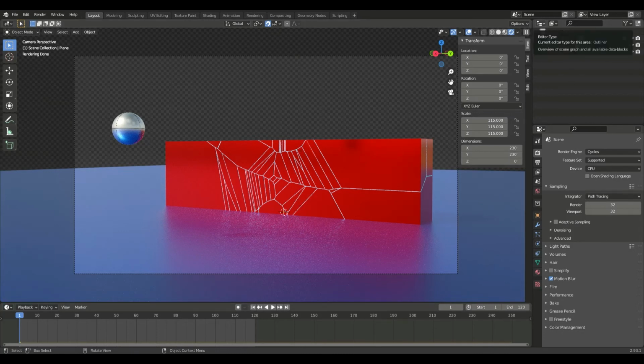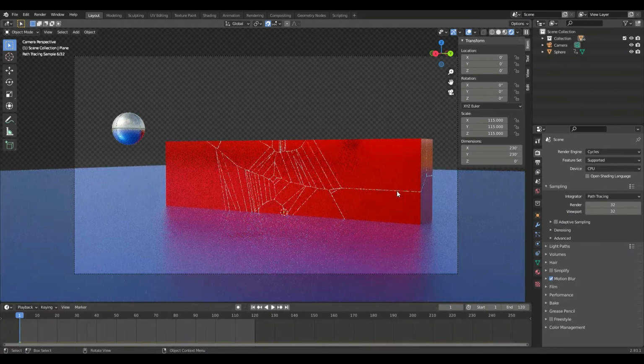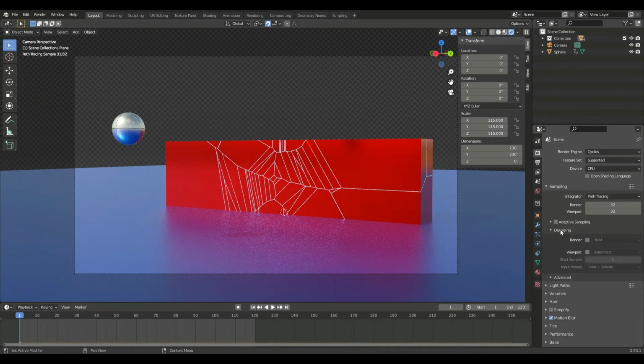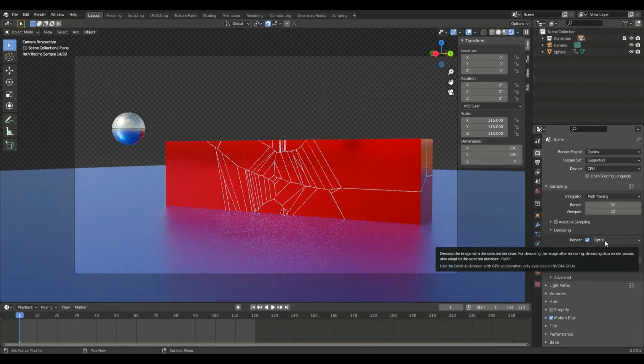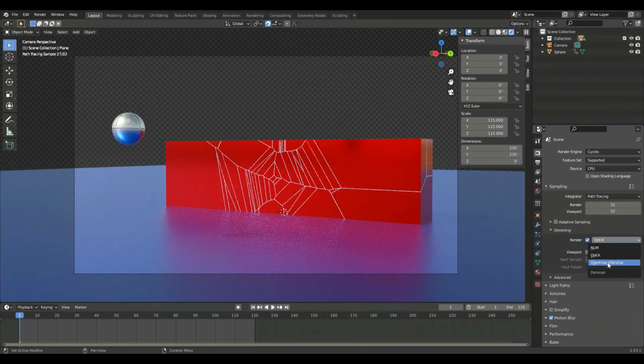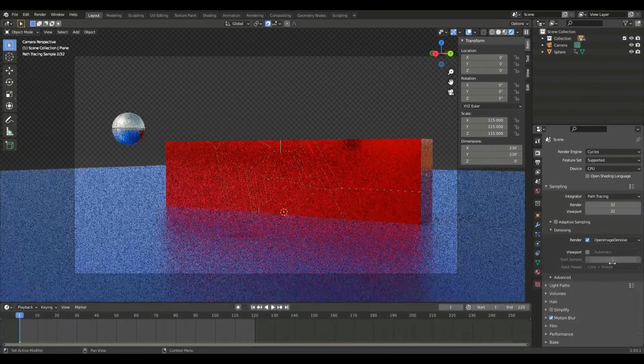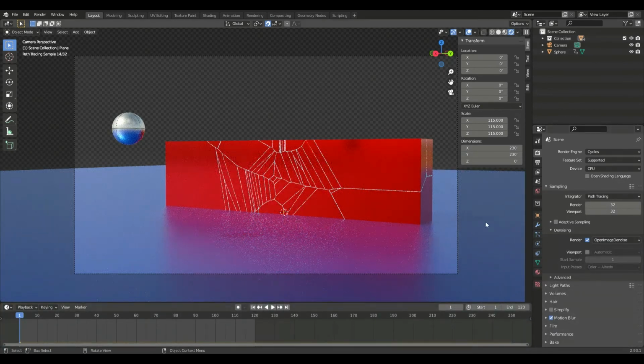So if you don't have a good computer, or you're on a time crunch, there are actually two ways to make it look good for faster Cycles renders. Go down to denoising and check this render. If you have an NVIDIA GPU, you can choose the OptiX one. But personally, I don't yet, so if you don't have that, you need to choose Open Image Denoise. You can choose any one of those. NLM, I think, is the built-in one. Or no, Open Image Denoise is that one. But this is pretty good in itself.